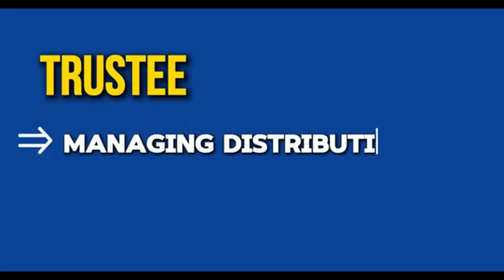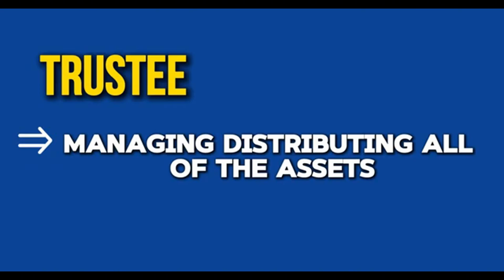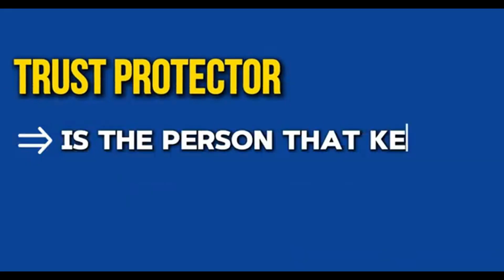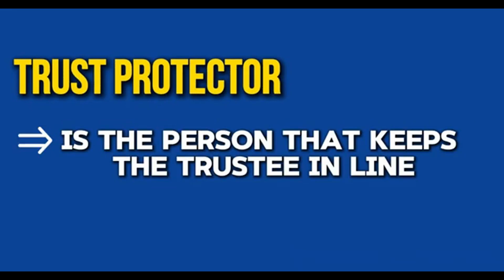The trustee is the person that is considered a third party in the trust, because the grantor cannot touch anything, cannot control anything, and cannot move anything, right? And so the trustee is the person that's going to be managing and distributing all of the assets and communicating with the beneficiary at the same time. Then you have the trust protector, okay? So mind you,